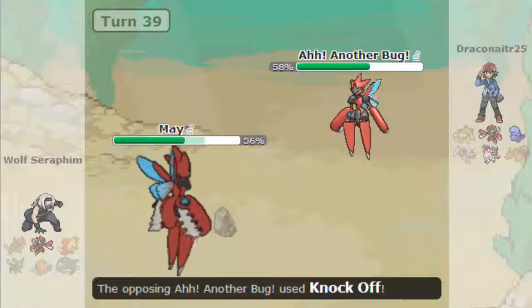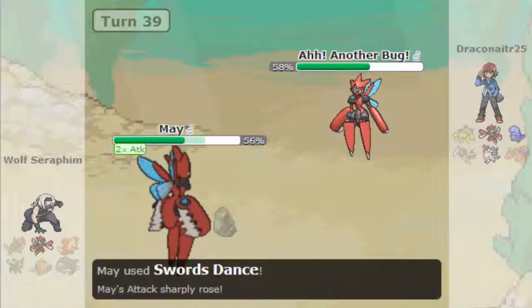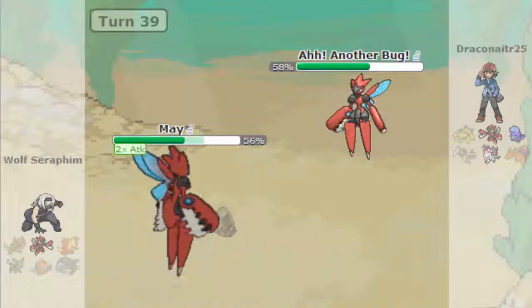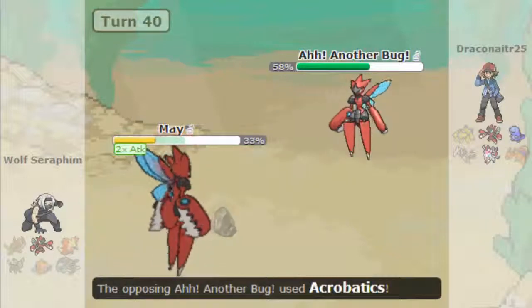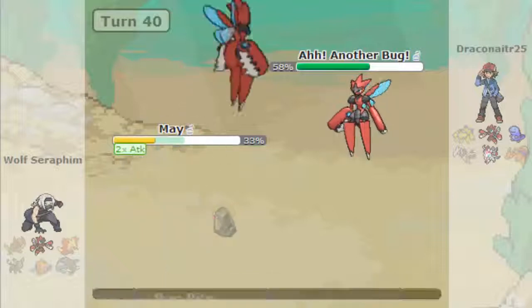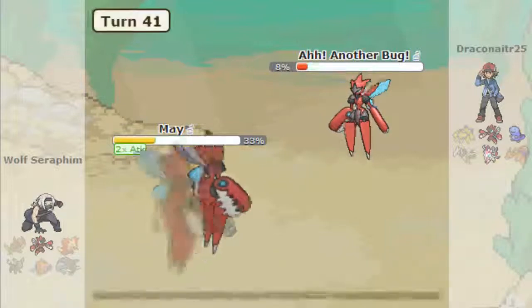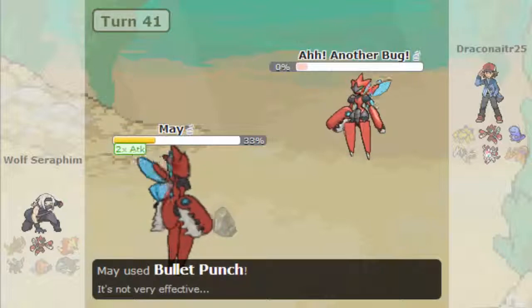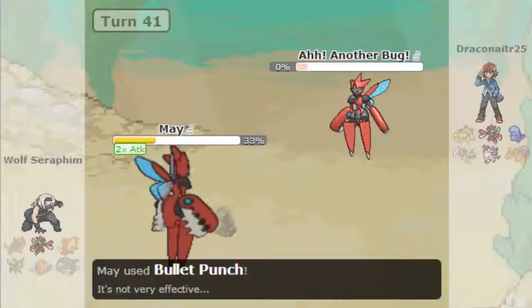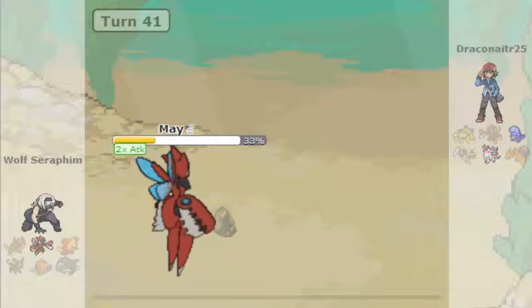Draconairt proceeds to spam Knock Off, but of course you can't knock off a Mega Stone, so it doesn't really end up doing too much damage. Seraphim, of course. Wolf. Why am I calling Wolf Seraphim? God damn it. Wolf Prince is going to set up a Swords Dance. Draconairt is going to go for another Acrobatics because the Bug Bite almost takes out the Caesar, which is kind of ridiculous. 49%. That's a resisted hit too. But the combination of Bug Bite followed by Bullet Punch will be able to take out the Caesar. But he won't be able to take out the Quagsire from the range of health that he's at,